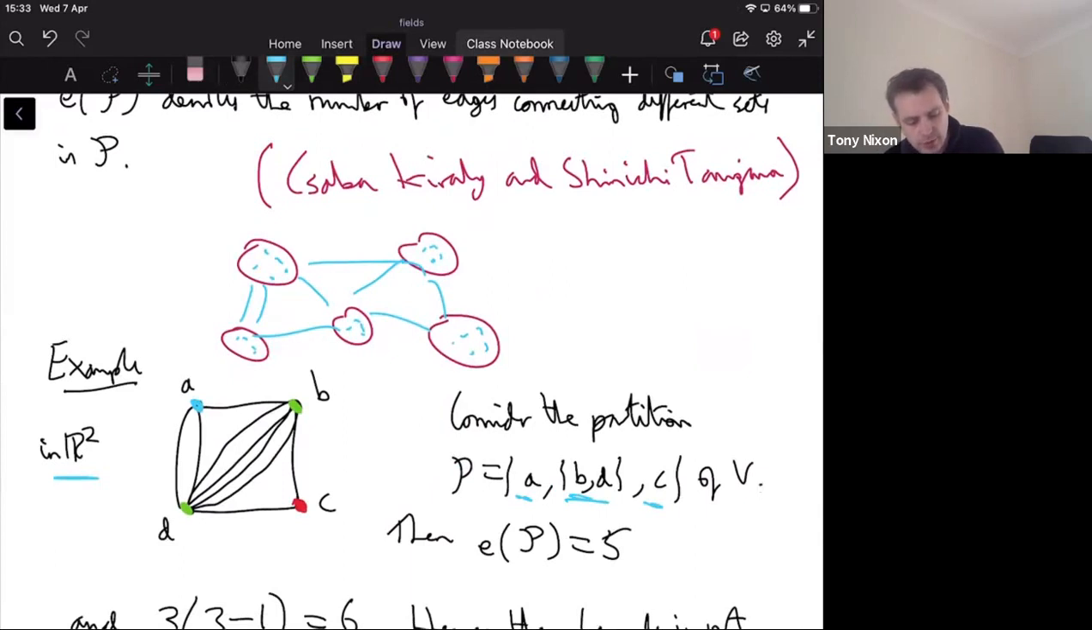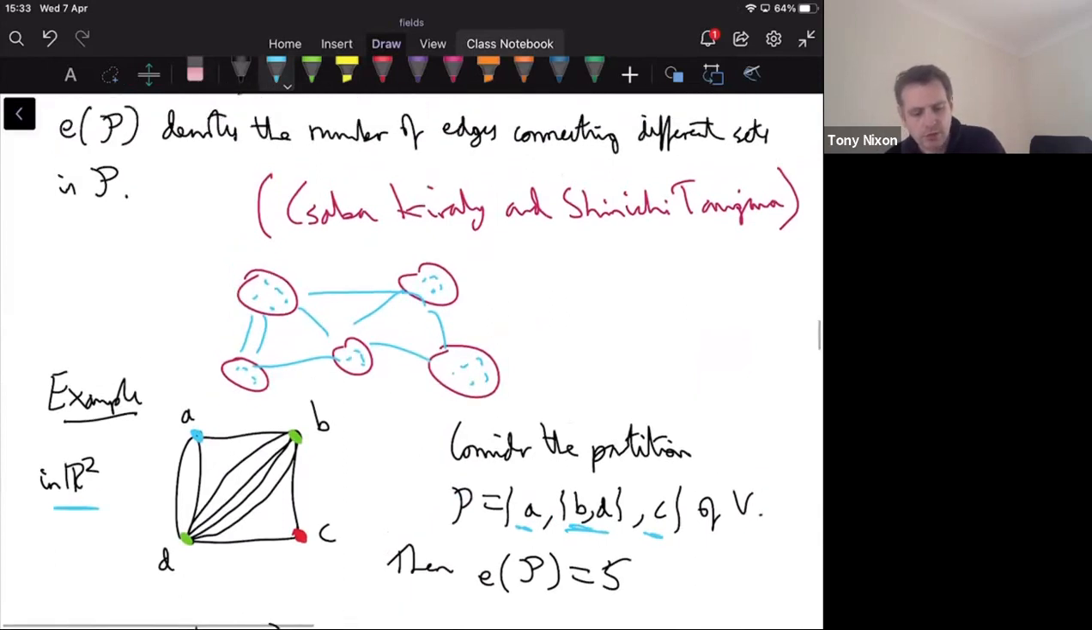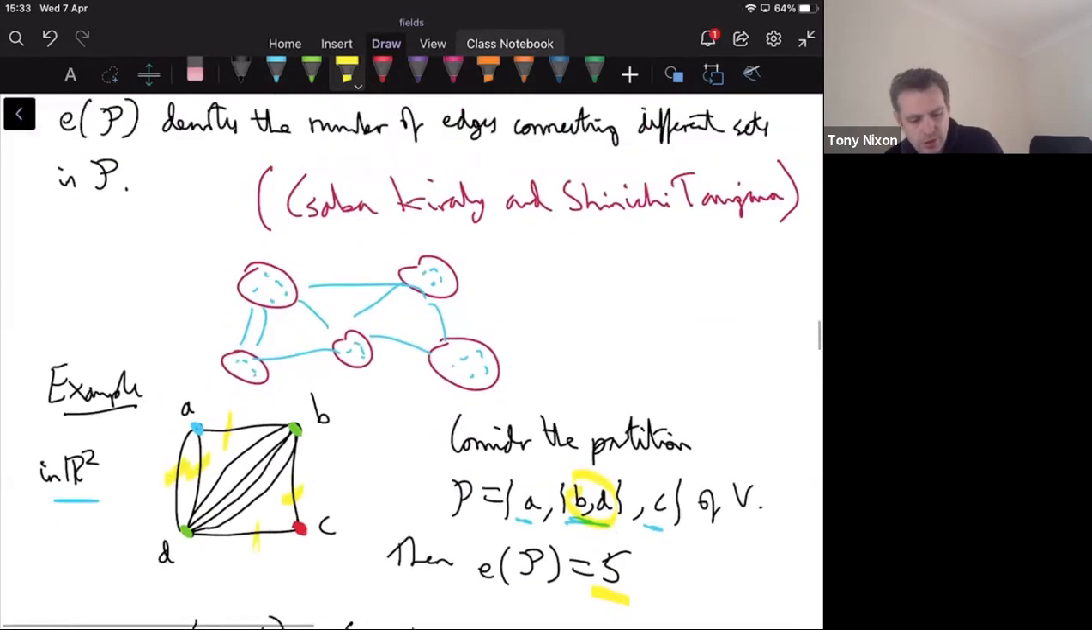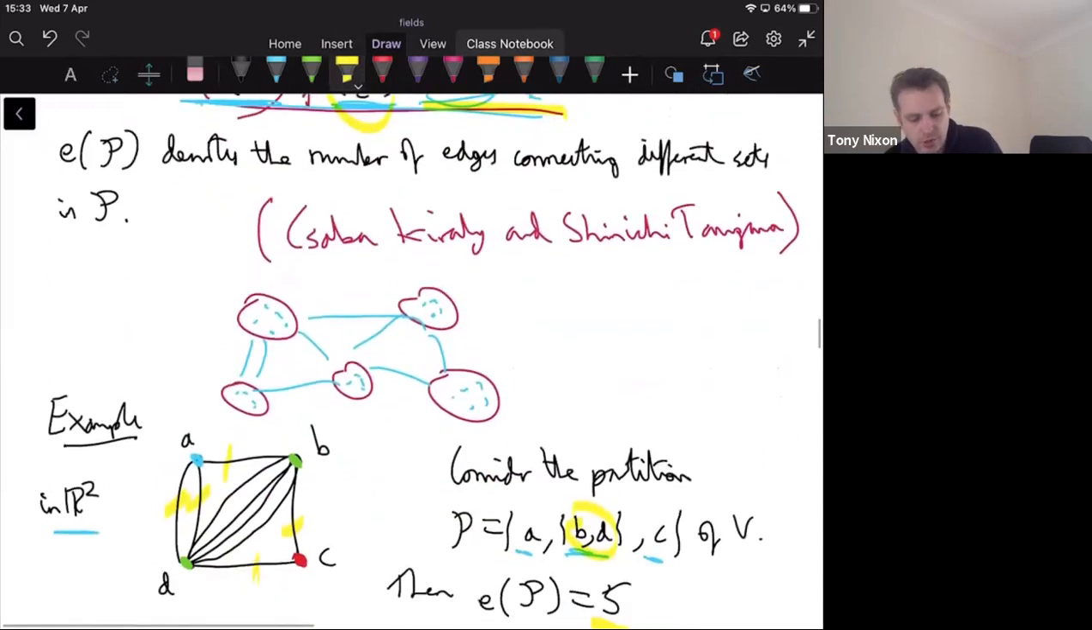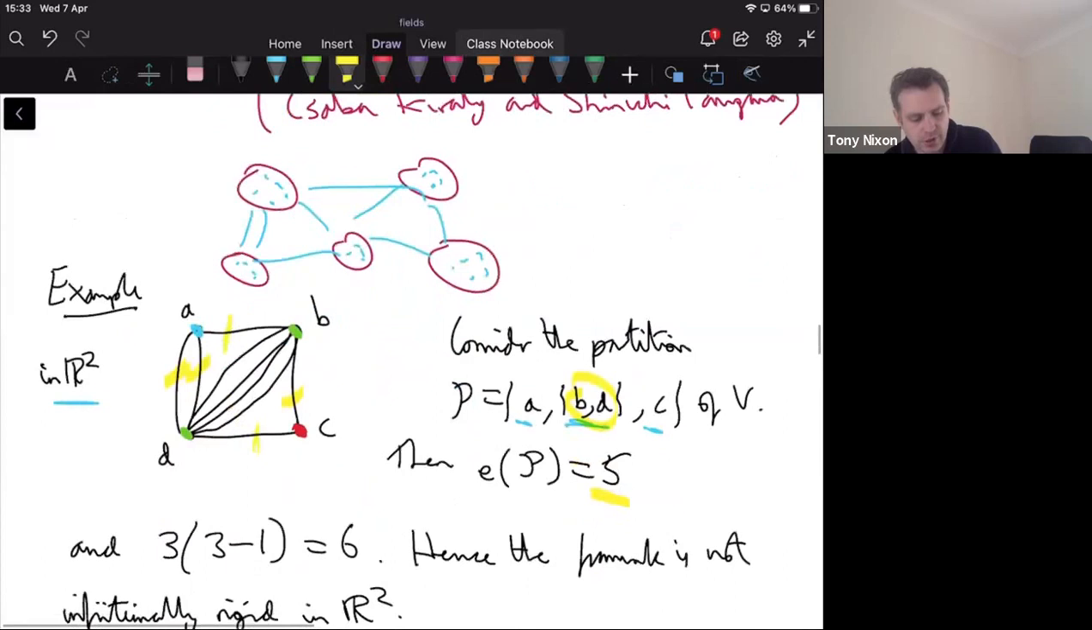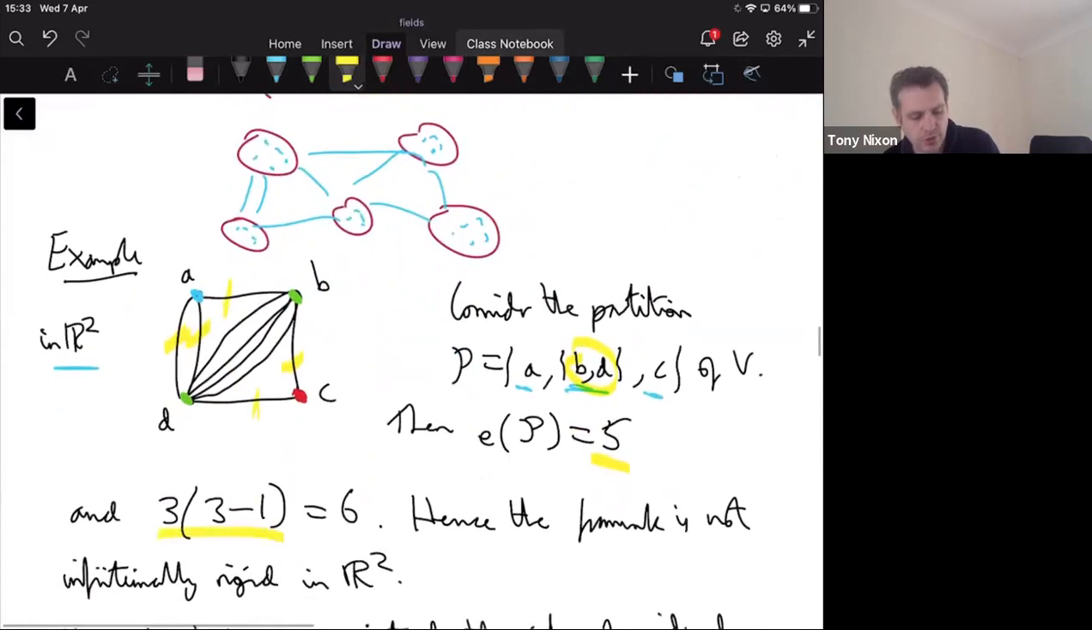Then the number of edges E(P) connecting different sets in the partition are this one, this one, this one, this one, and this one, but none of the ones between B and D because they're in the same set. So I counted 5. However, the constraint here was 3 times the number of elements in the partition minus 1. There were 3 elements in the partition, so 3 times 2 is 6. So I did have the strict inequality, and that demonstrates that